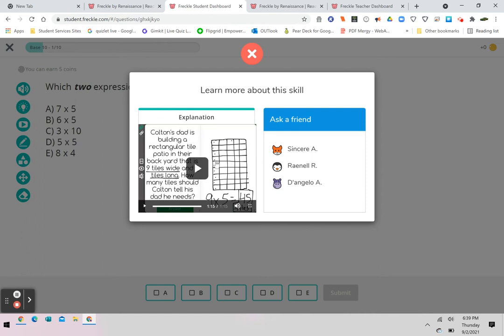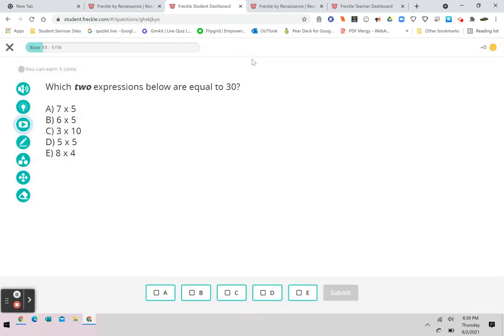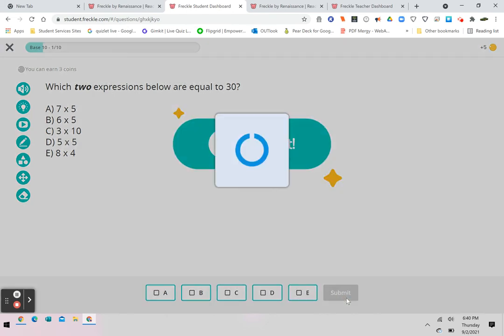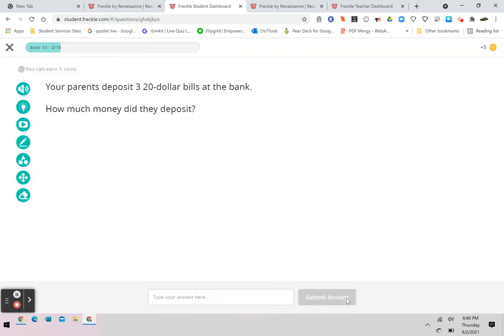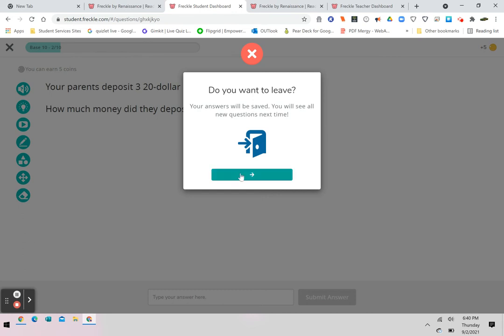So now it has given me an explanation to where I could potentially figure out which two expressions below are equal to 30. So now I can confidently say after that it's B and C. Let's see if I'm right. Correct. And as you can see, I've done 2 problems of 10. Now, let's say